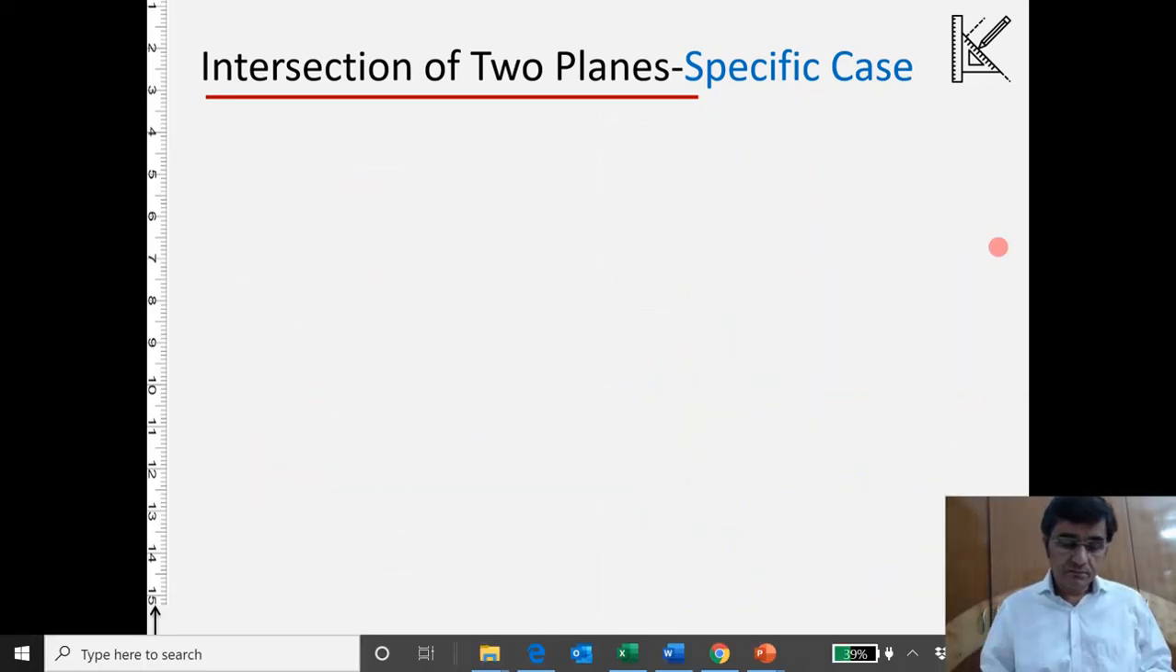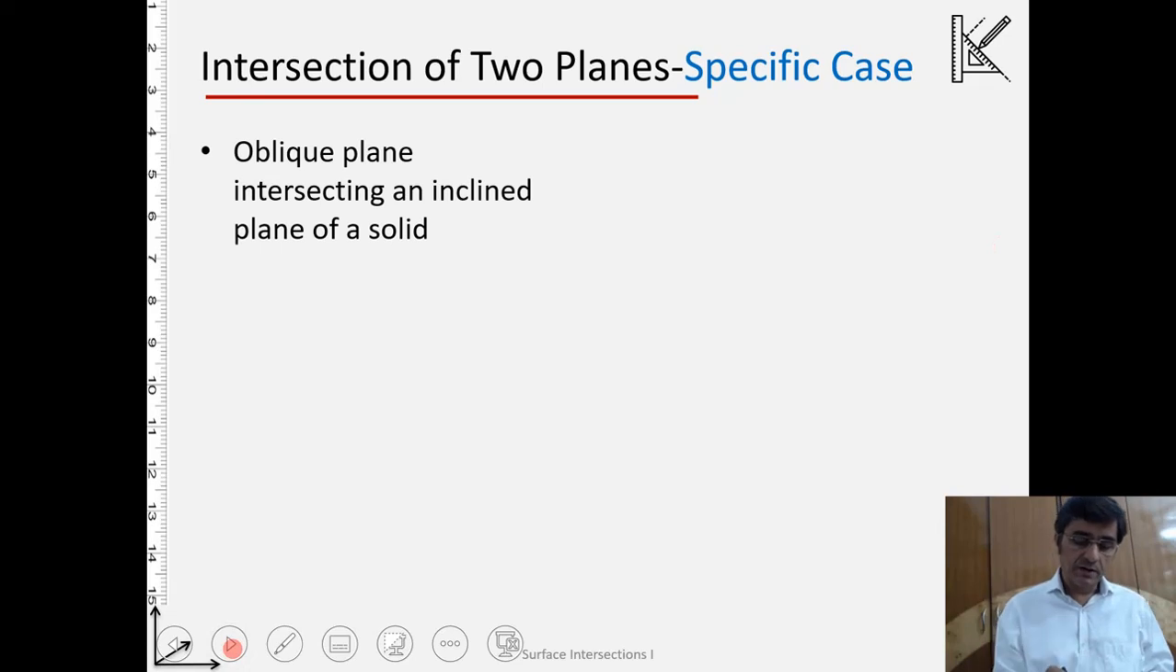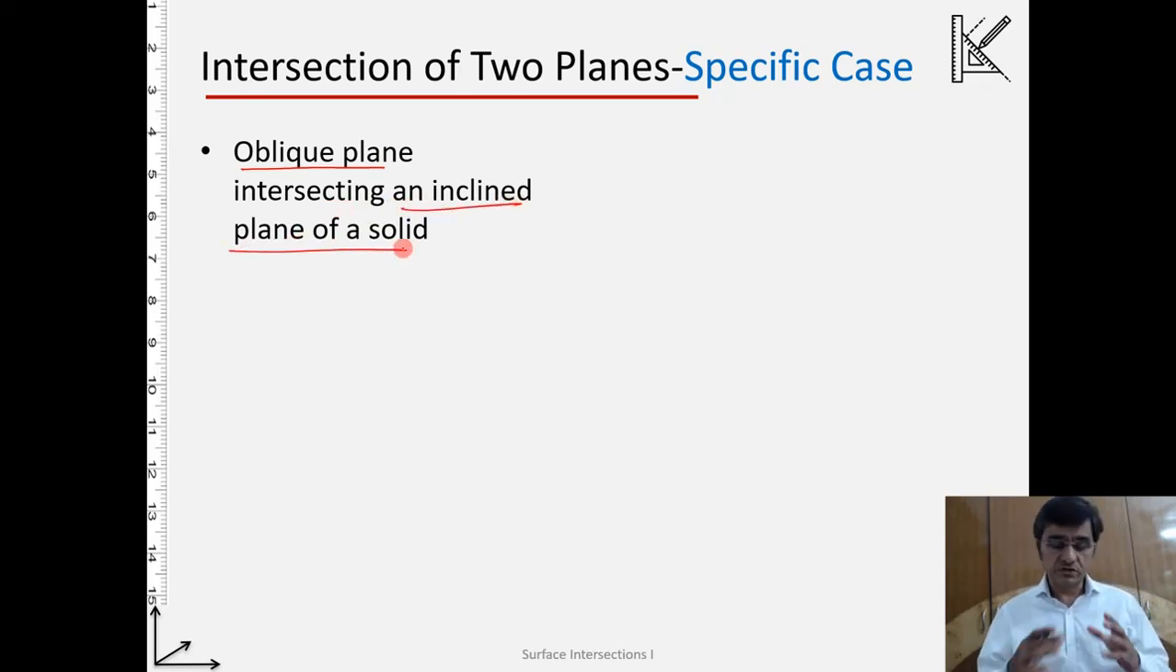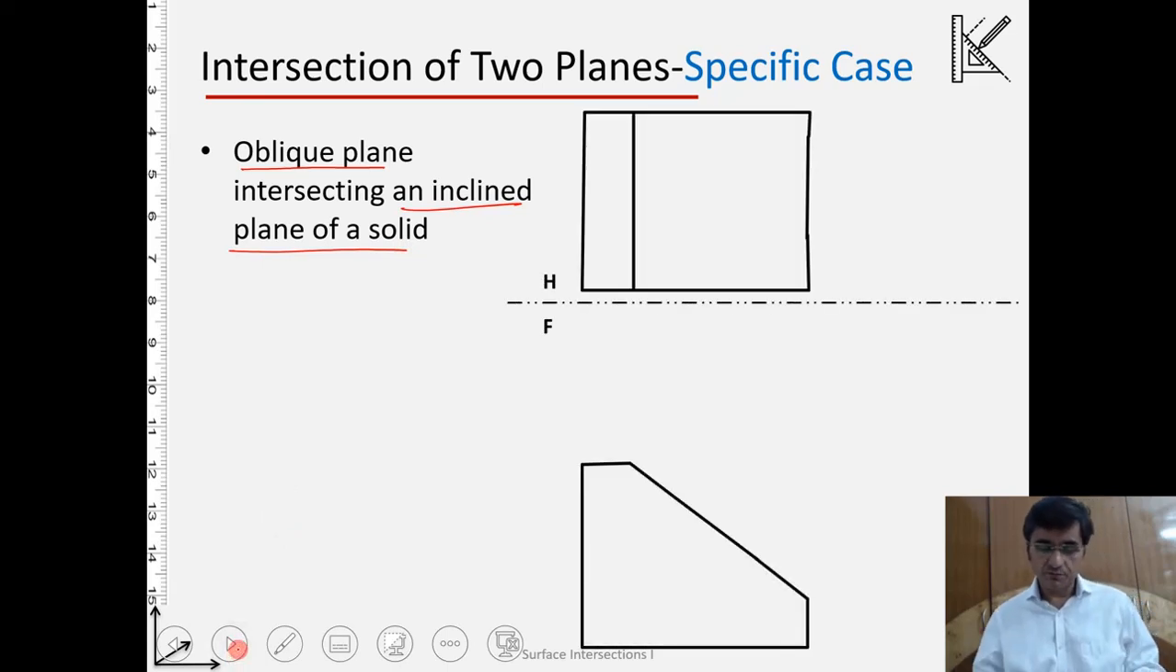Let us see a very specific case now. This is similar to the previous one, and here an oblique plane is intersecting an inclined plane of a solid. So there is a solid, and that solid has an inclined plane. And the meaning of inclined, again, as we said, is that the plane is parallel to one of the principal planes. So let us see what kind of object it is. So this is a solid. Over here you will notice